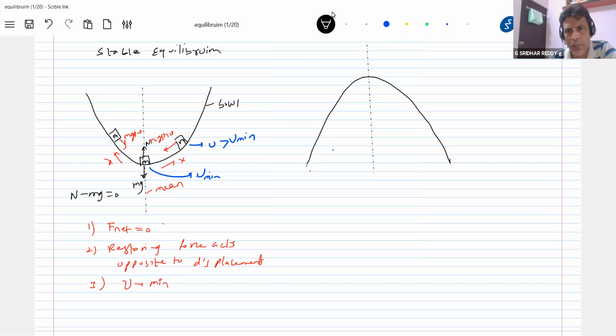So now again, let me keep a block here. I'll give a slight displacement, a slight push. Look at the displacement, a slight push is given. Then it will move away from that mean position. Similarly on the left hand side. So when I give a slight push to the block,